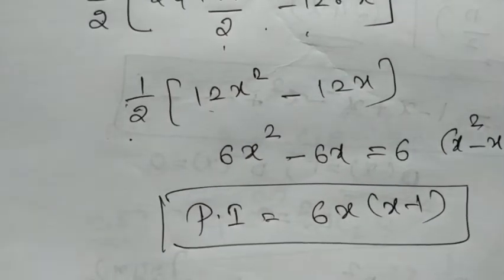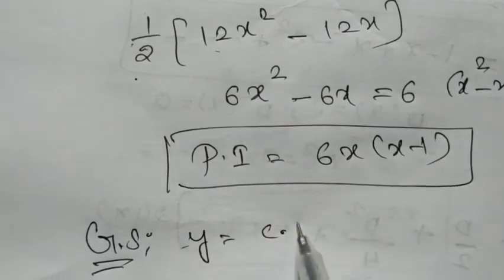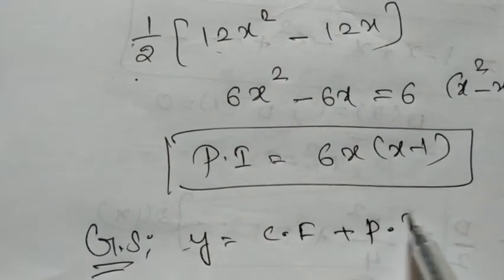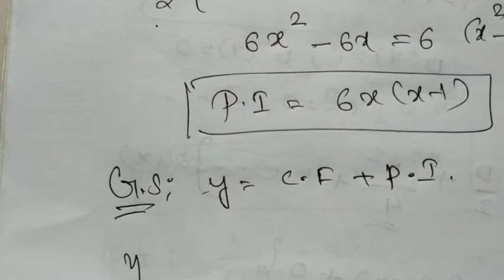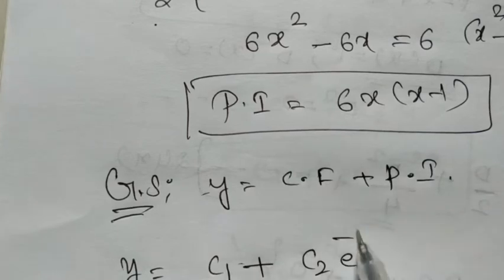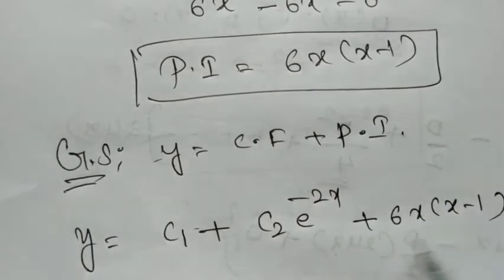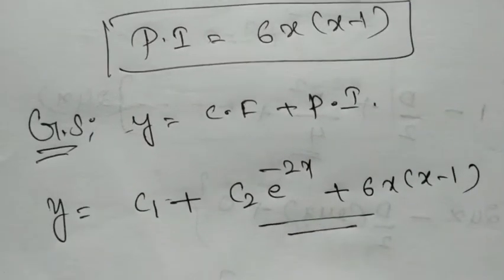So general solution y equal to CF plus PI. So therefore y equal to C1 e power 0x, so that is C1 plus C2 e power minus 2x plus 6x into x minus 1. So this is our required solution. Next one,